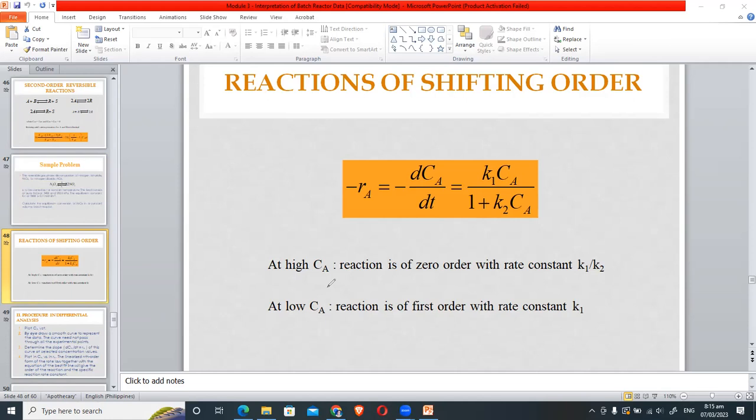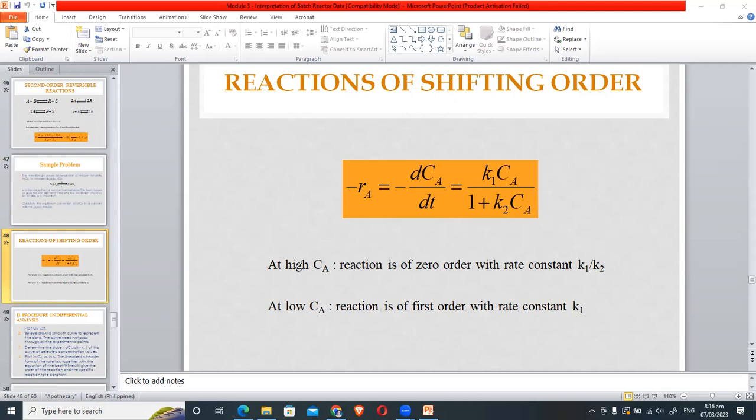So why do you think, then, what happened to the 1, Bob, in the denominator? Your denominator is originally 1 plus the product of K sub 2 C sub A. So what happened to the 1? Anyway, Bobby is right, but you need to understand why the remaining expression here is simply K sub 2